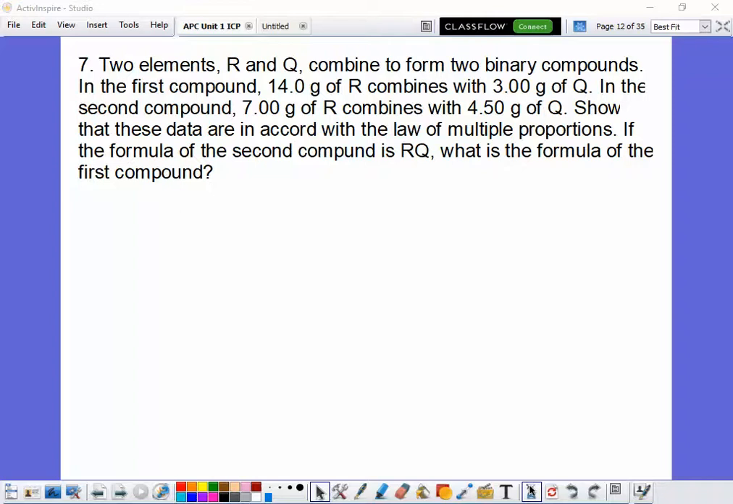So this is law of multiple proportions, which in your guided notes you did have practice problems with. But we're going to go through this one problem together just to make sure that you know how to do it. Okay. Law of multiple proportions is mainly for covalent compounds, because covalent compounds can combine in multiple proportions with each